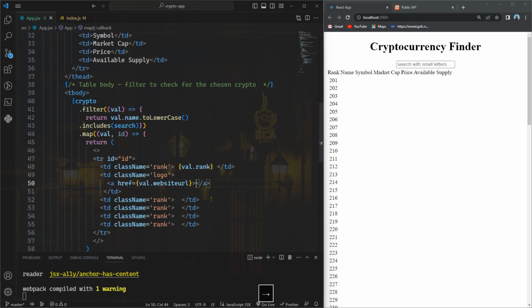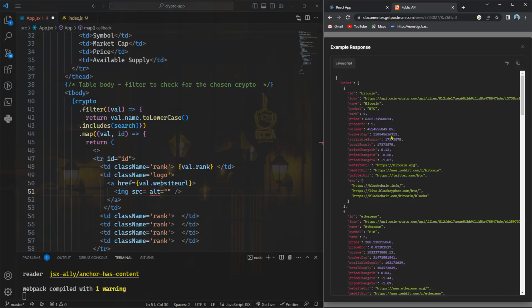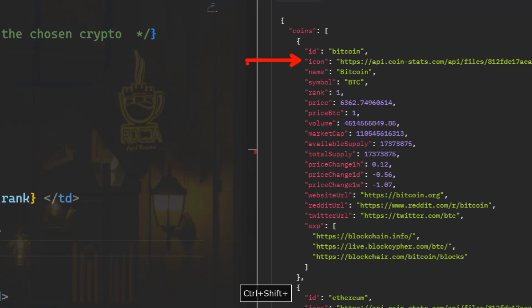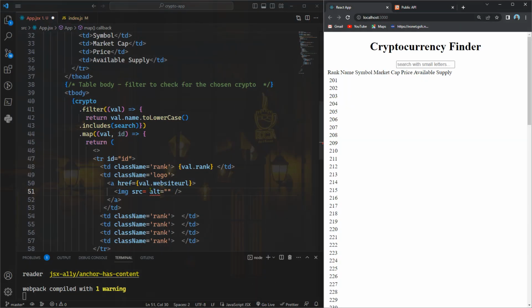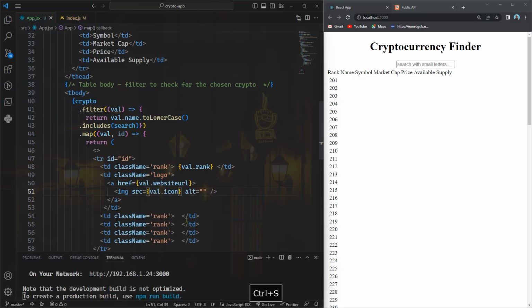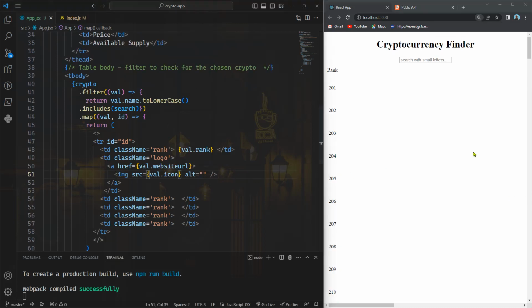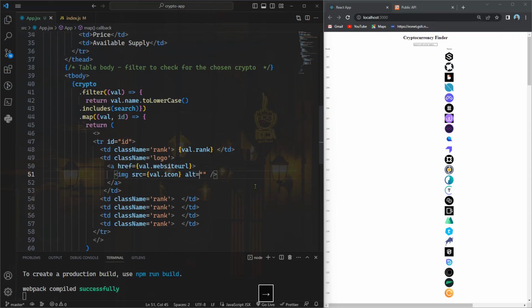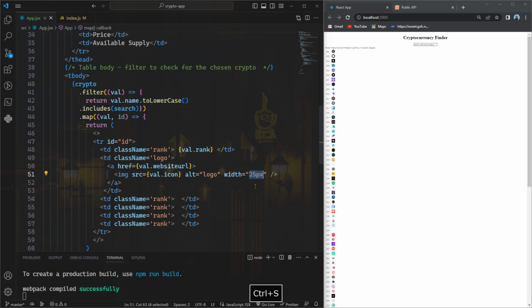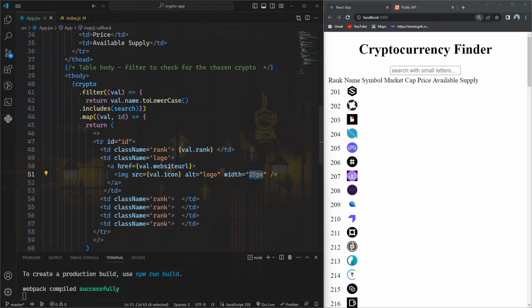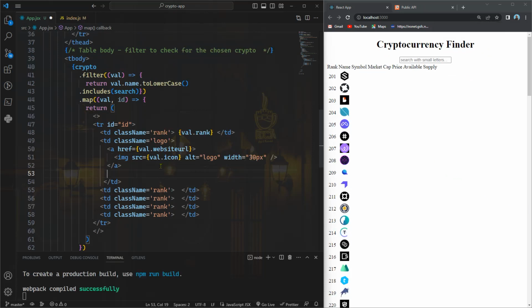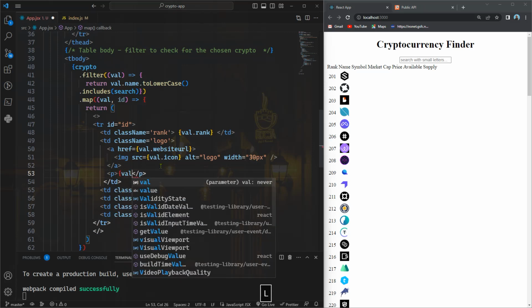All right, and then we need the image. So the image, the source here is going to be the icon. So again, you'll take a look. Yeah, here. So we'll need that icon. So we'll do val.icon, right? What's happening? Okay, let's continue here. Let's do alt, we'll say logo. Let's do width. Let's give it 25 pixels, maybe. Oops. Yeah, that's better. Or maybe we can give it 30 pixels. Yeah, that's good. And after here, I'm going to add a paragraph and just say